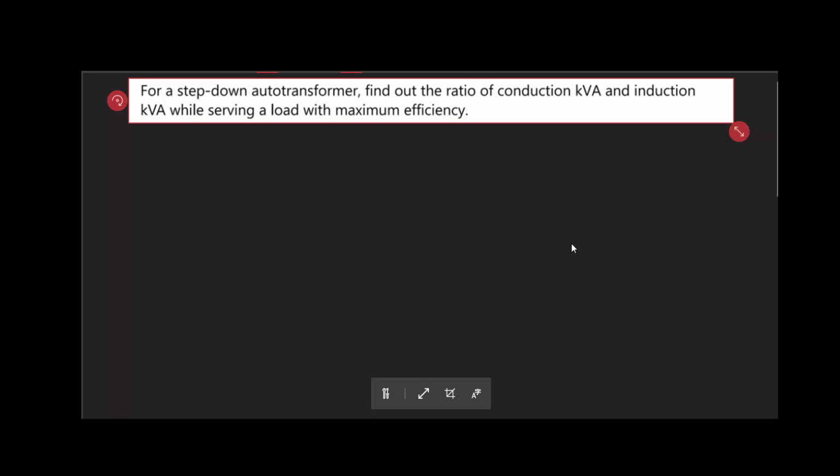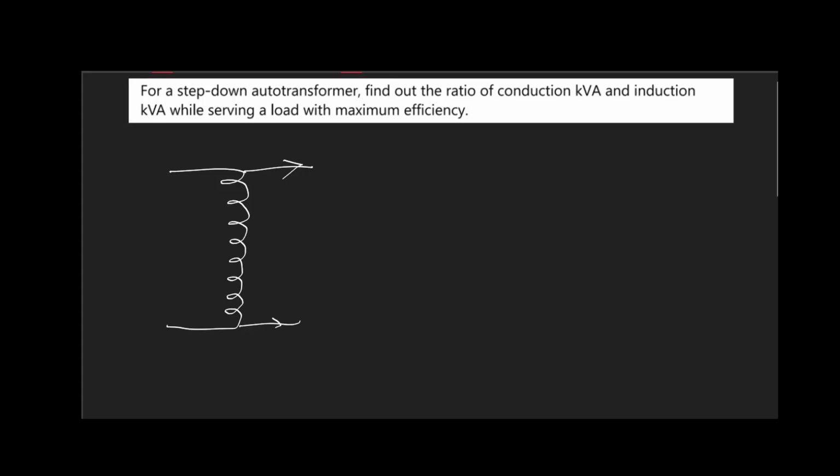It should be connected in such a manner that it can deliver the maximum amount of output, and that is only possible when it is operating in the maximum kVA mode, which means maximum efficiency. In case you are converting a two winding transformer to an auto transformer, the loss remains the same.